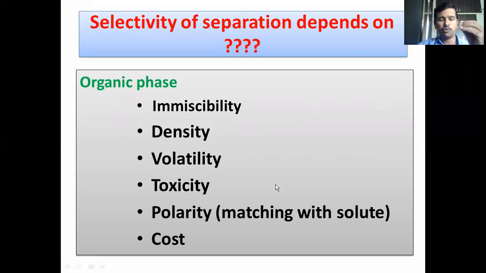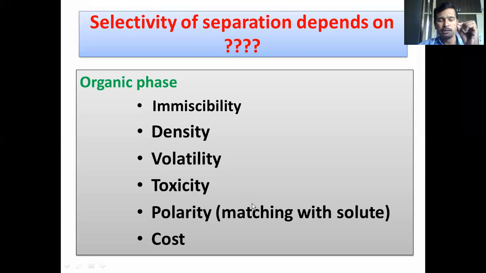Say, for example, you have the group of dichloroethane, dichloromethane, chloroform, and carbon tetrachloride. Simply, I can say chloroform and carbon tetrachloride. Carbon tetrachloride is more toxic than chloroform. So you use chloroform. Of course, chloroform is also toxic. But if you have the choice between chloroform and carbon tetrachloride, better use chloroform because chloroform is less toxic than carbon tetrachloride. The next property is polarity.